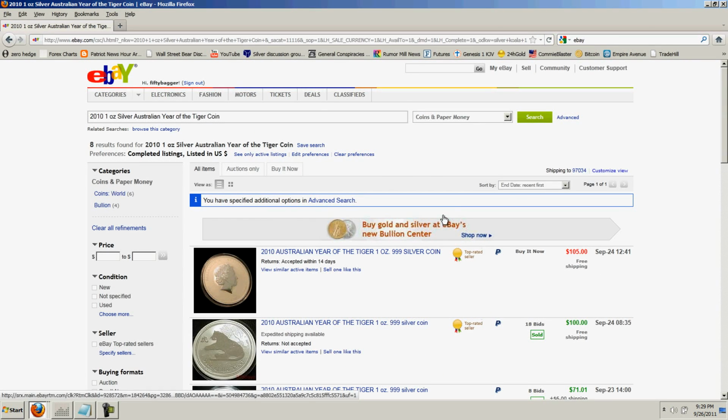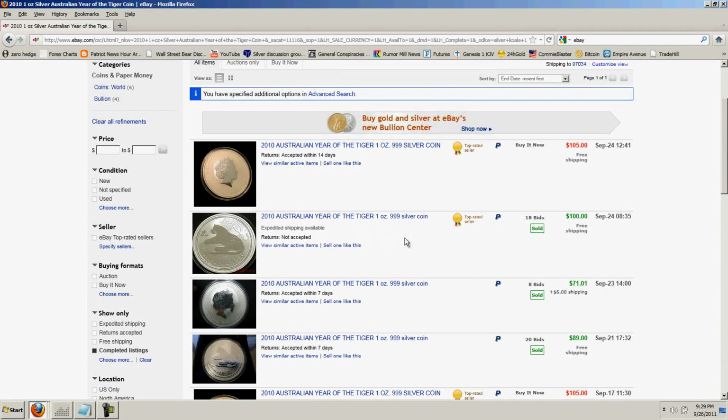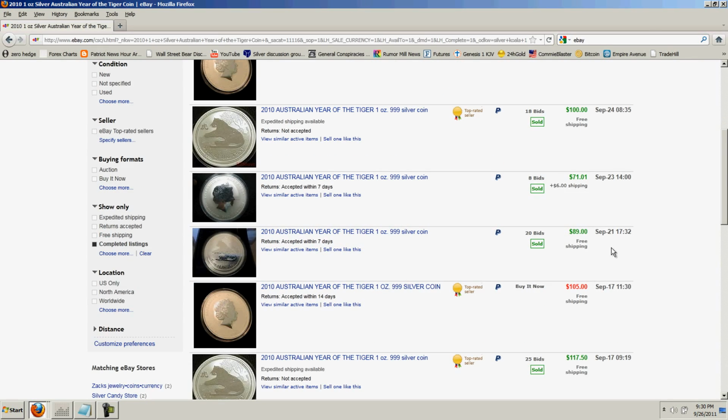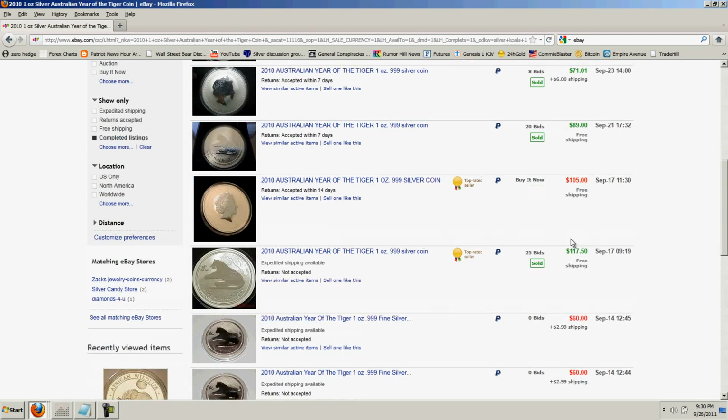And these are sold coins. So you can see on the 24th, that's just 2 days ago, that's after the drop, the tiger sold for $100. Here's another tiger for $71 on the 23rd. Here's another one for $89. Here's another one that sold for $117. So there's a very good reason to purchase the numismatic coins, and that's that when they run out,